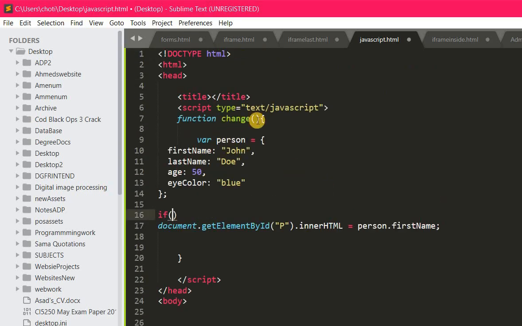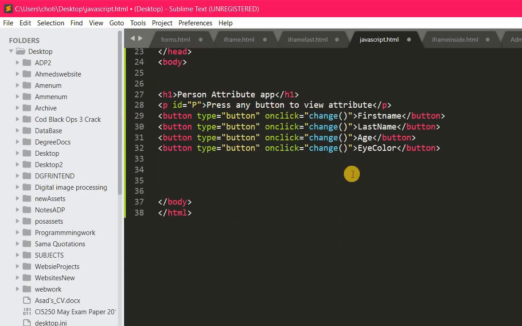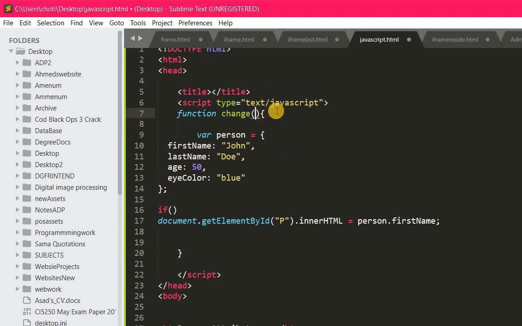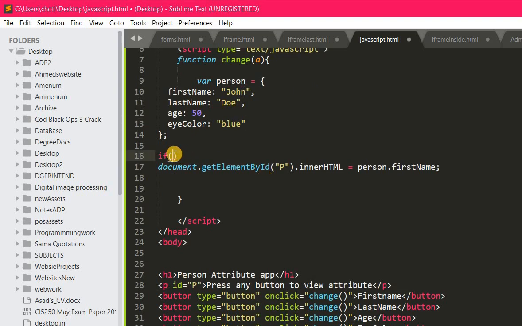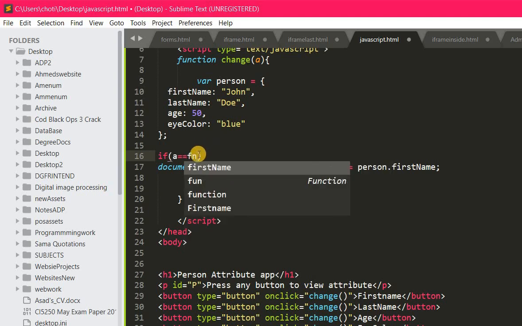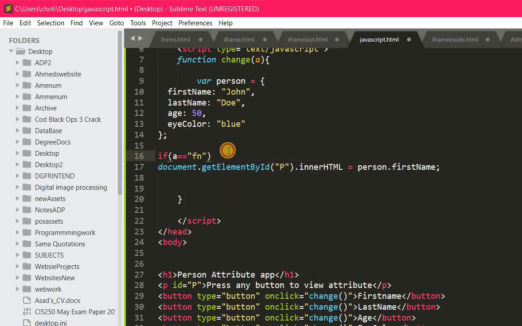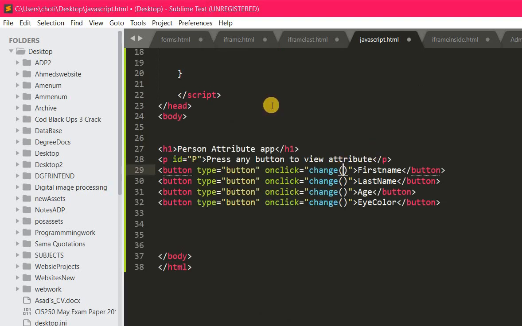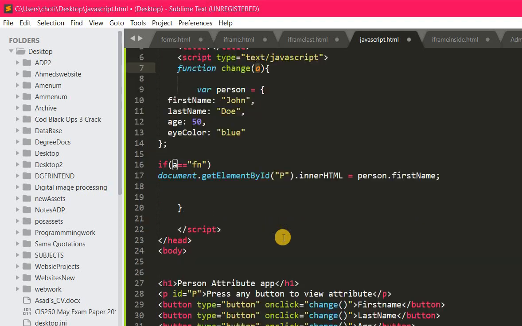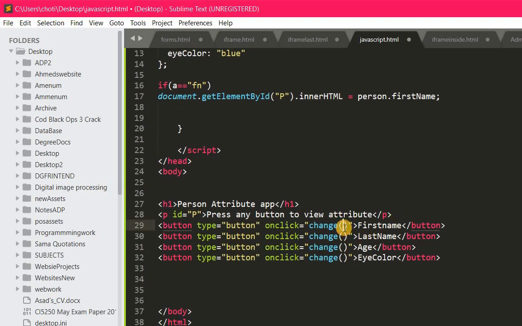So instead of this we're going to make changes in the function। So we're going to add an input parameter। So the input parameter will be a variable, we're just going to name it anything. a की जगह कुछ भी हो सकता है, for now let's use a। So if a is equal to, let's say, fn, and let's put this as a string। ये कैसे चेक होगा? अब a के अंदर एक पैरामीटर हम ऐड कर सकते हैं. सो वी नो दिस इज द फर्स्ट नेम, तो चेंज के अंदर हम fn लिख देंगे